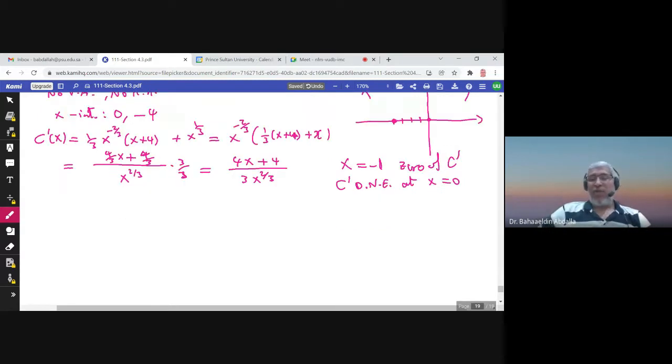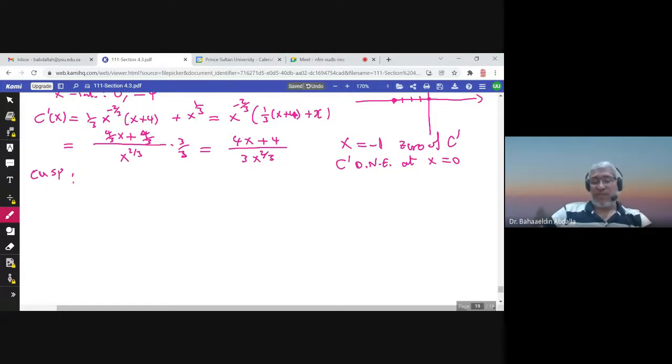And let me tell you here what is the difference between a cusp and a vertical tangent line. The derivative does not exist. A cusp is when you have something like this. This point here is a cusp. What happens, you have the limit at a, if this is x equals a, then when x approaches, the derivative at a,